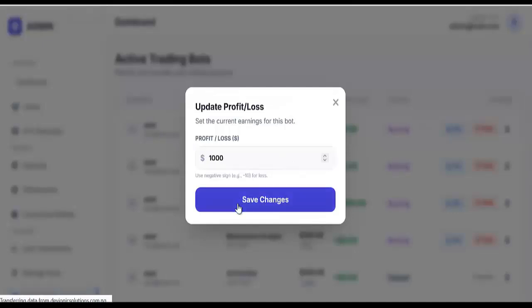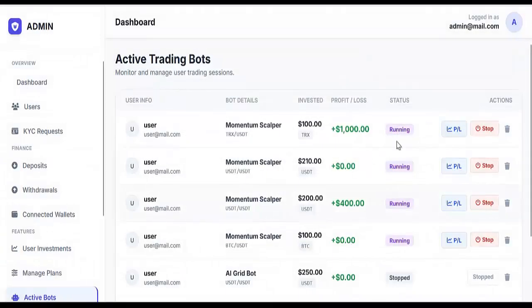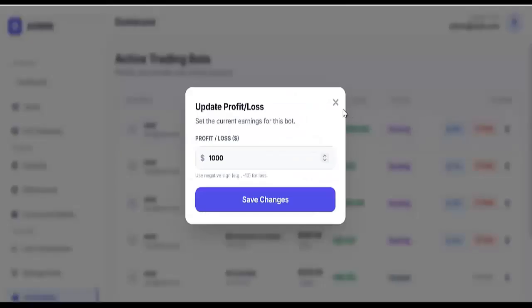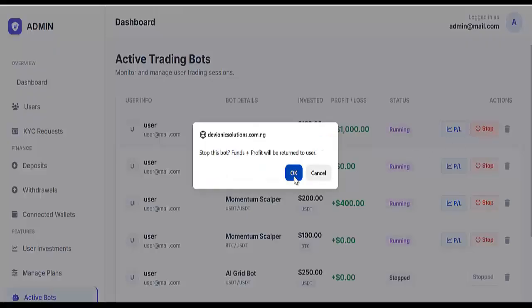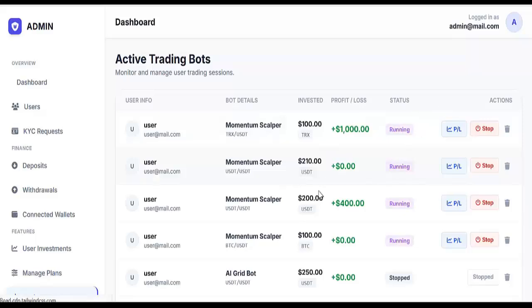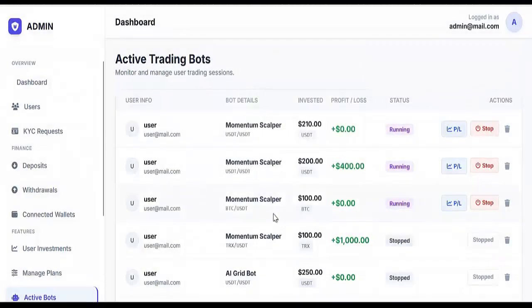Click on save changes. Once you click on save changes, then you will just say that's the profit you have earned so far. So if you want to add, keep adding more, just come here and keep adding more to it. All right, so then when you are done, you can click on stop. Once you click on stop, then automatically that bot will stop generating profit for them. All right,